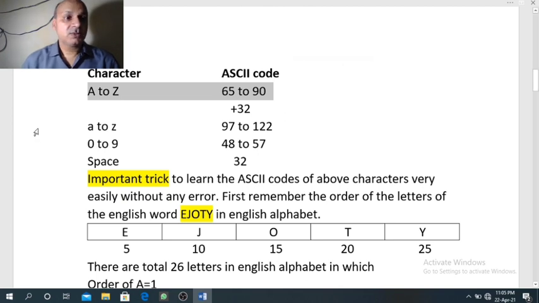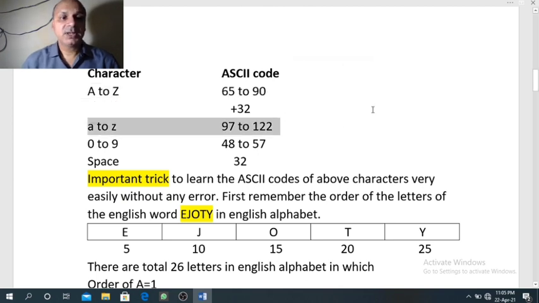Now, to find the ASCII code of lowercase letters, that is small a to small z, if we know the ASCII code of uppercase letters, then by adding 32 to the ASCII code of uppercase letters, we can find the corresponding ASCII code of lowercase letters. So 65 when added with 32 we will get 97. So 97 is the ASCII code of small a. In the same way, 90 plus 32 is 122.